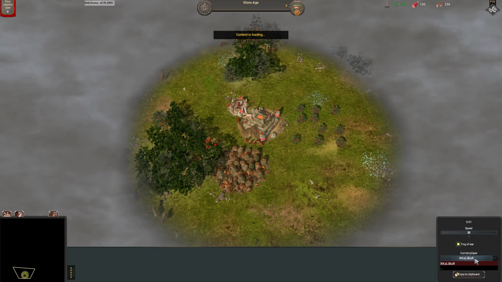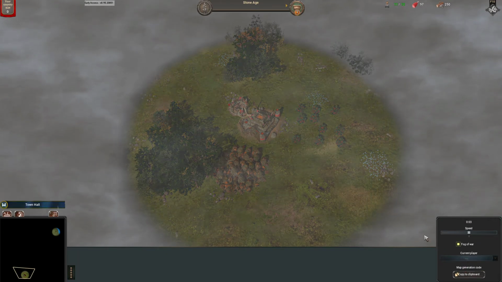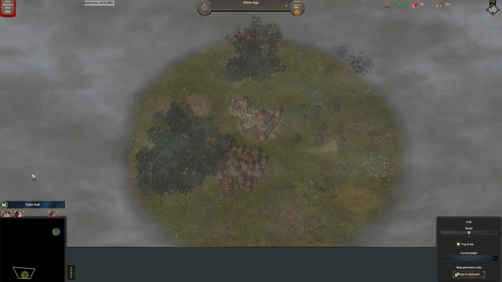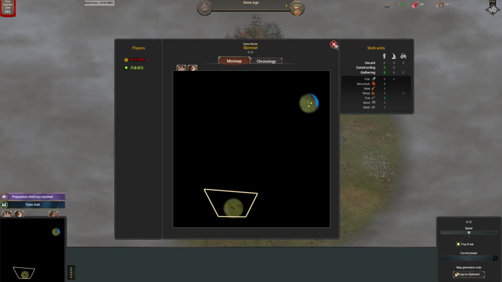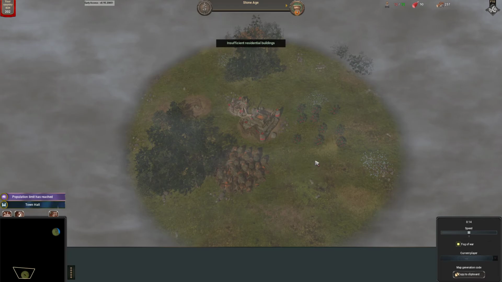And I'm playing against this guy. It's a Chinese name. F1 don't always work. Here we go. Chinese player. He's not very high up in the ranks. Two previous games I did beat him quite easily